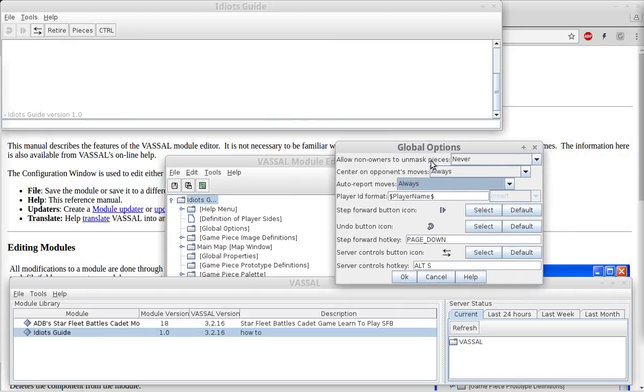Now, in some games, when you mask a piece, it basically just takes the counter and puts a secondary image over top of it, and that's all you see is the new image. You don't see what the original image was. And in certain games, this may hide important information. So depending on what you're going to do with masking will determine whether or not you always want to allow non-owners to unmask, you never want them to unmask, or whether or not you want to put it in the